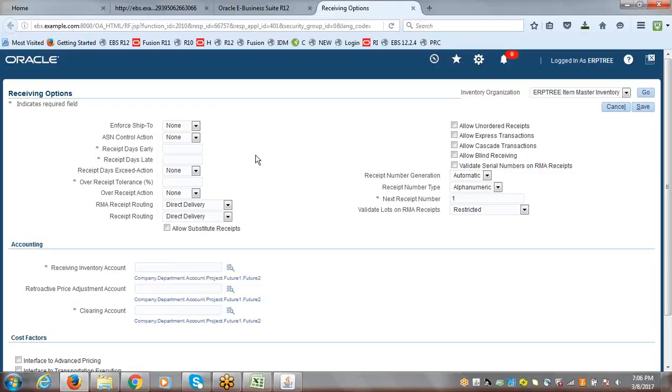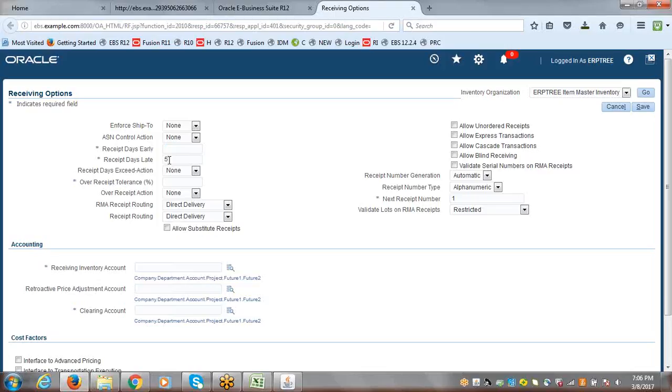So here in the system you can specify, if I'm going to receive days early, say for example, I placed one purchase order. I requested the supplier to supply by March 10th. So the supplier has to supply by March 10th. If the supplier is going to supply 10 days late, or else 5 days late, here I'll take 5 days late,